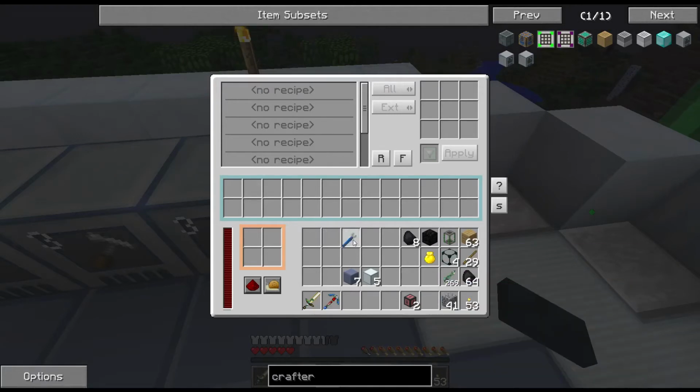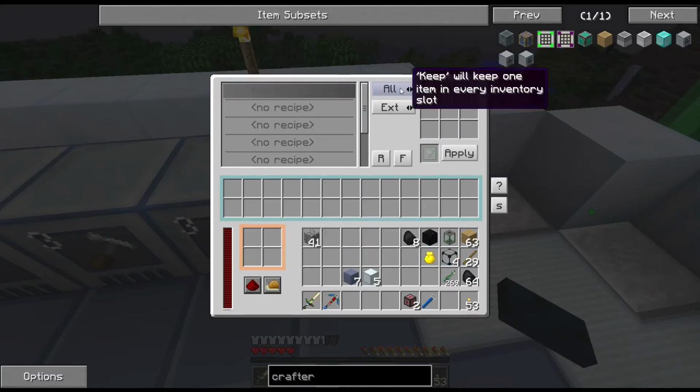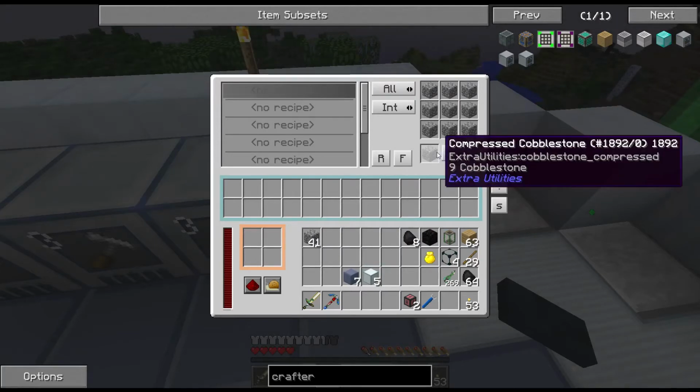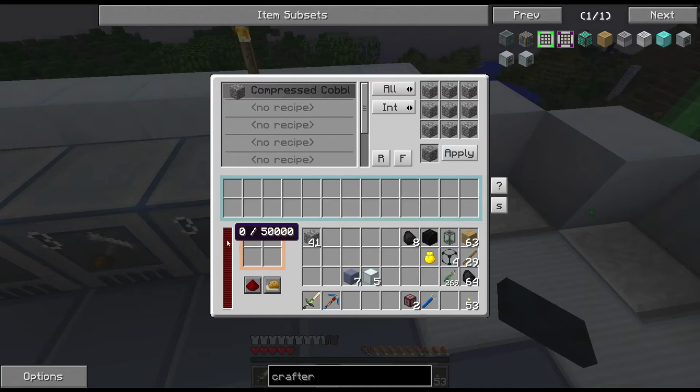Here we go. One of the things actually they're really good for is making compressed cobblestone. And we might actually, yeah, we might do that with one of these. So if we wanted to, we could say this recipe, use all the items in every slot. We're going to keep it in the internal inventory, so keep it in this area instead of outputting here where we could pipe it out somewhere. We're going to say if you do 9 cobblestone, you're going to get compressed cobblestone. Apply that, bam, done. And once we have power,